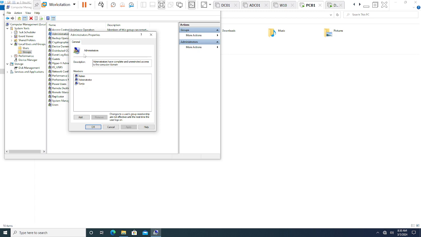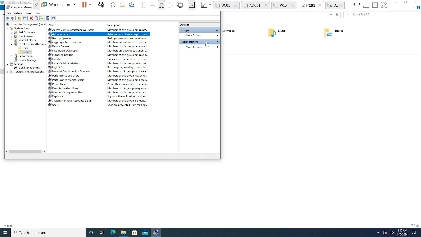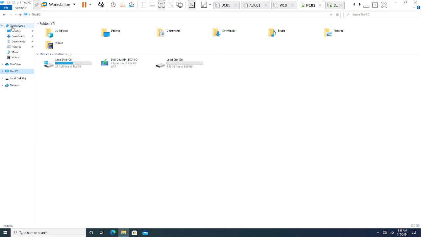See, Sanju is part of the administrator group, so he has got administrator access. Sanju will be able to log into this computer without any issues now. Okay, that is how you need to give access. Last one, right? I was talking about